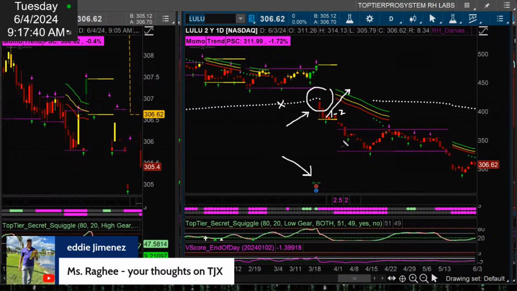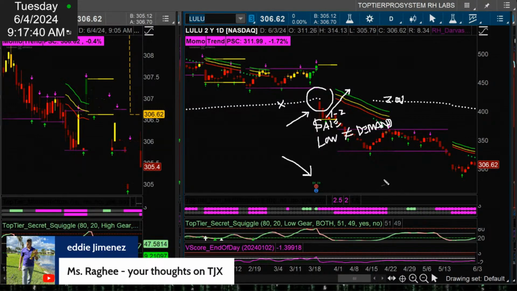So at that point, you let earnings simmer down for 1 to 2 sessions. And then you realize, oh, no one's coming in. There's no cavalry. No one's coming in to rally Lulu. No one's seeing this as a sale. Just because something has a low price does not mean that there is demand for the stock. Just because something's cheap doesn't mean there's necessarily demand. And so those are things we want to keep in mind when things go red and they break the 200 propulsion and they start pushing lower and lower.